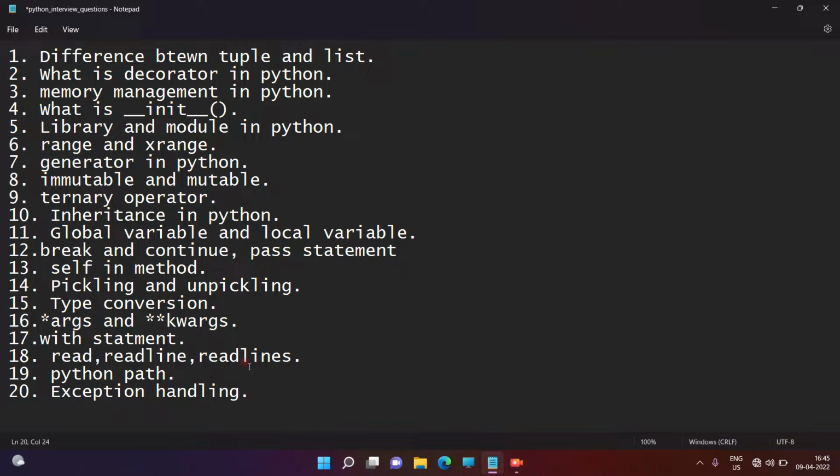And who is responsible for an exception? The end user is responsible for an exception. So we need to handle this exception. What is exception handling?